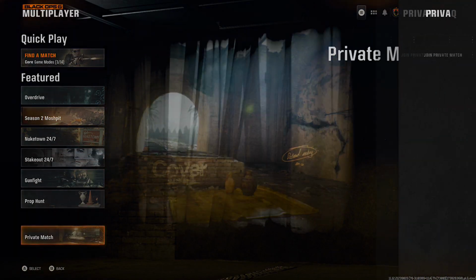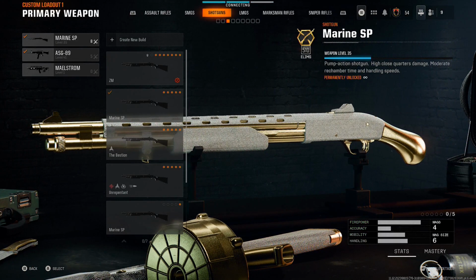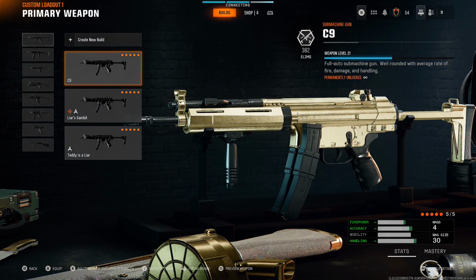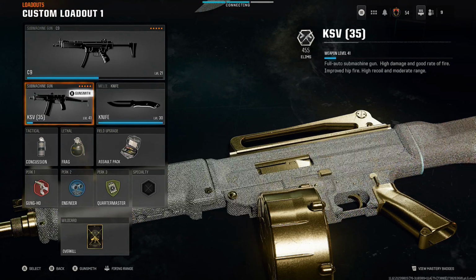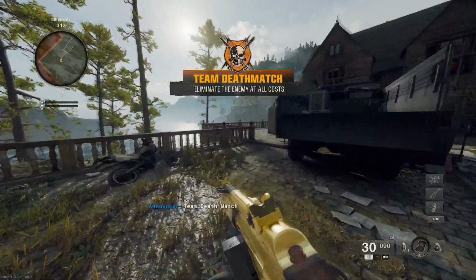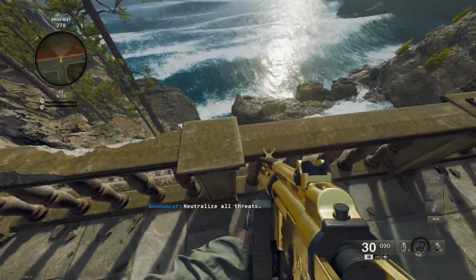So I'm going to hop into a private match, and we will set up our classes with the SMGs, starting with the C9 here, and I will talk to you guys whenever I am in the game. Alrighty then, so we are starting this off with the golden C9 here,